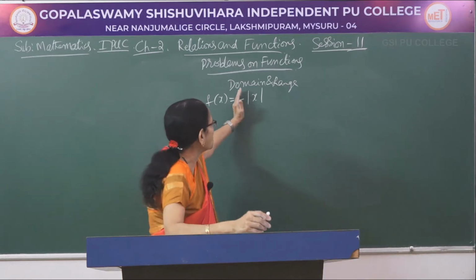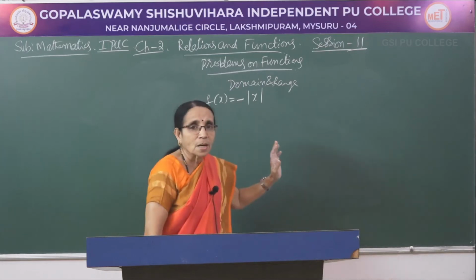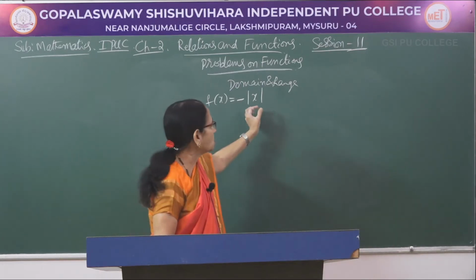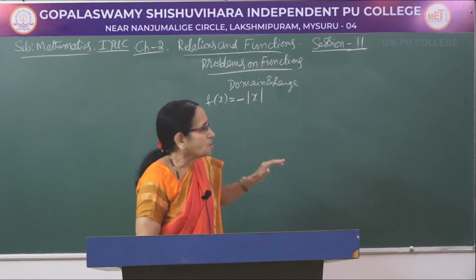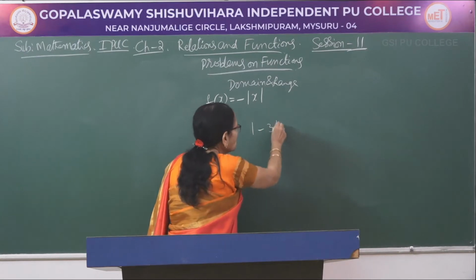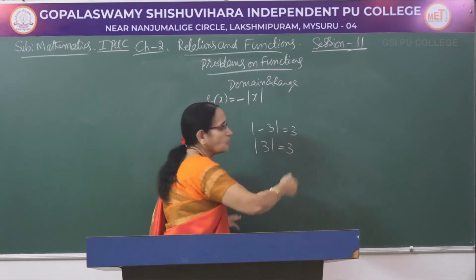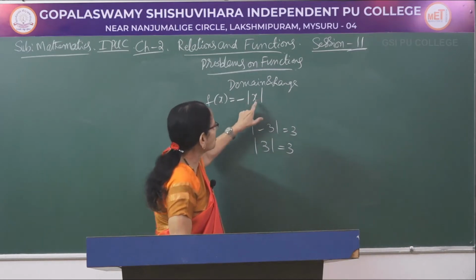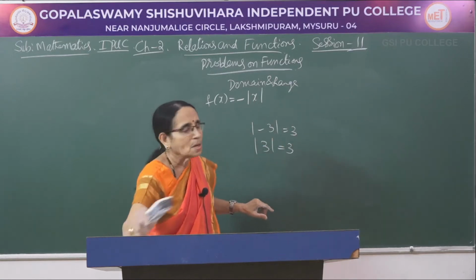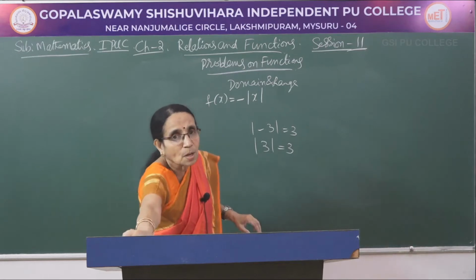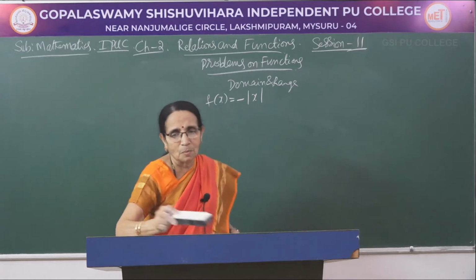When any quantity is written between two parallel lines, if the number is negative or positive, we take only the numerical value. That is called the absolute value or modulus. Suppose I have minus 3 here, it would be equal to 3. Even if it is plus 3, it would be equal to 3. That means irrespective of the sign, the value would always be a positive number. In other words, the image of these numbers will always be a positive number.